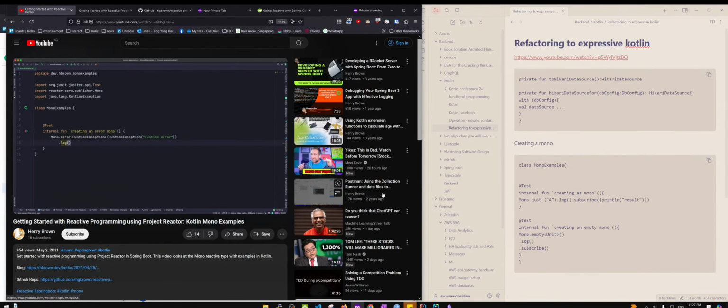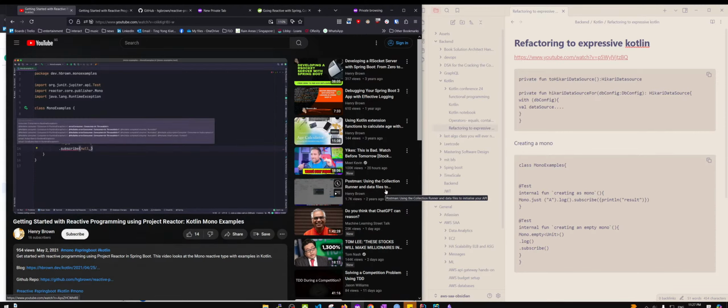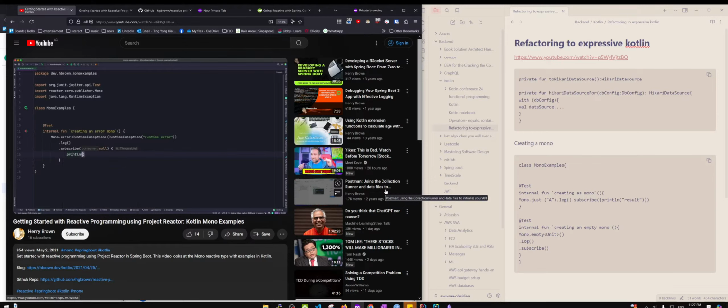behavior of logging it, and then I can give it a subscribe method. In this case, what I want to do is not pass in a handler for the first argument, which will be the consumer that gets called if a value is emitted. And then I want to pass through a second argument, which is the error handler. In Kotlin, I can move that second argument outside of the braces to make it a bit clearer. And I can say something like